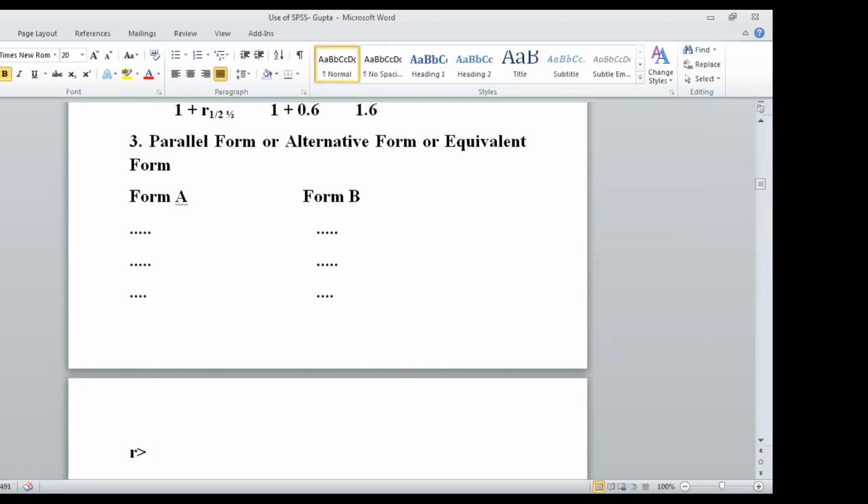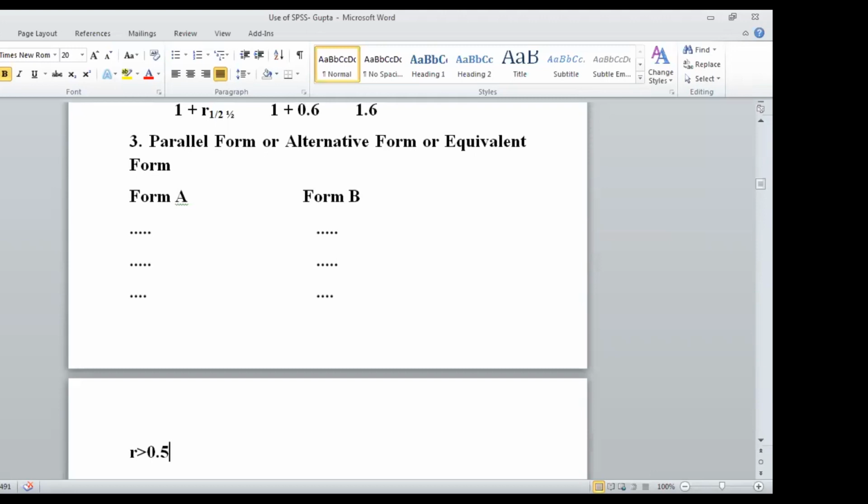The correlation value should be more than 0.5. If it is not more than 0.5, then your tool is not reliable, or your tool has weak reliability. But if it is more than 0.5, then your tool has got the high reliability. So your